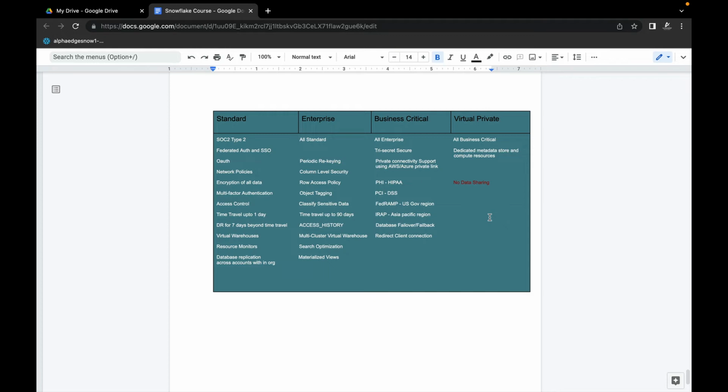We can go into more detail on what exactly periodic rekeying is. It is like after each period the new key gets generated and the old key eventually retires. So that's the high level of what periodic rekeying is. Column level security allows masking of columns, and under this we have dynamic data masking